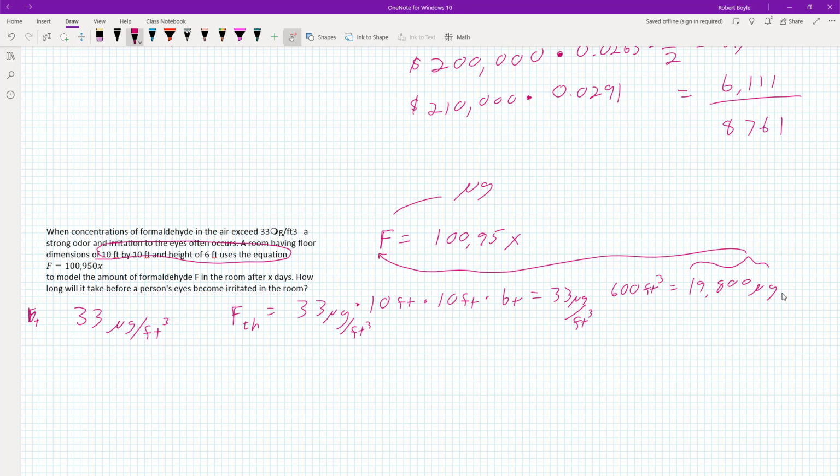This is the value that we want to put in for F to figure out what X is. So this is our F, and now we want to solve for X. We will have 19,800 micrograms of formaldehyde equal to 100,950 times X. Forgot the comma there, my apologies. The way we solve for X is dividing both sides by 100,950. And if we do, we will have that X is equal to